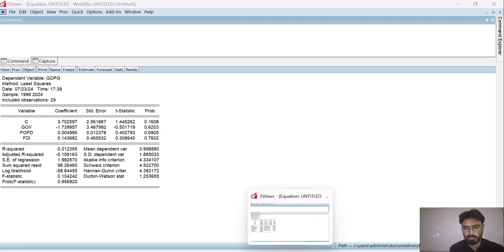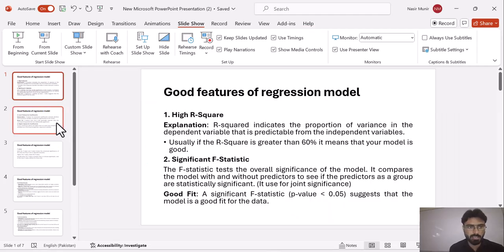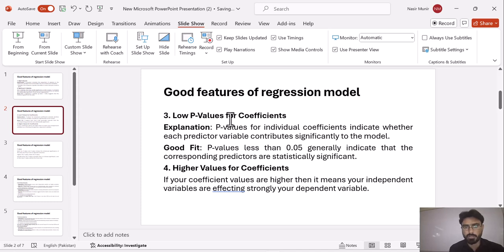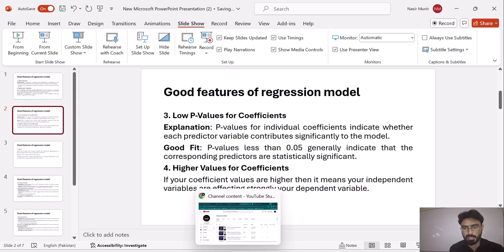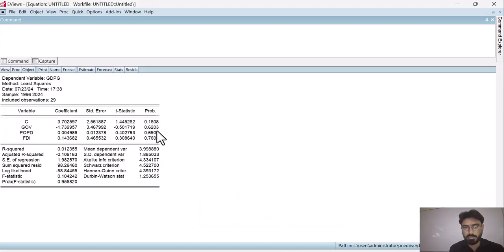Now come to the next thing, which is the low p-values of the coefficients. For the significance of an independent variable, the probability value of the coefficient must be less than 0.05. But in this case all the probability values of the coefficients are very much greater than 0.05. For example, this independent variable has a probability value of 0.62, which is 62%, again very much higher than 5%.